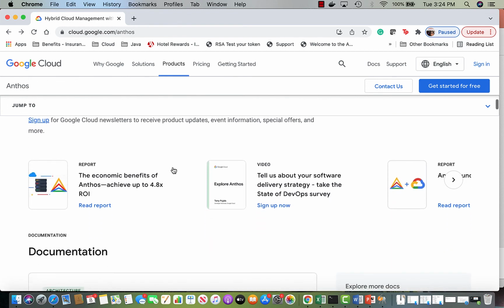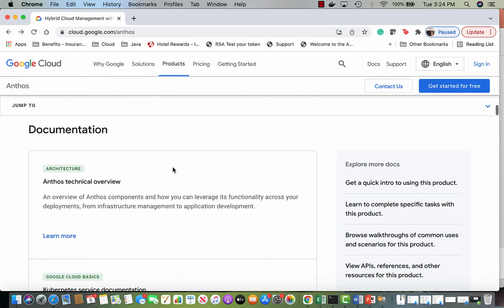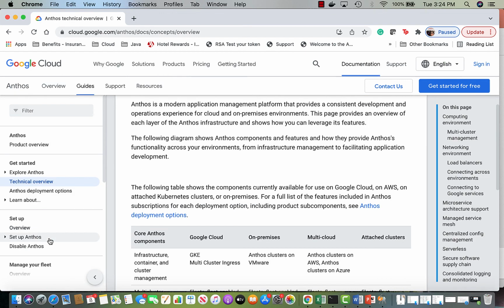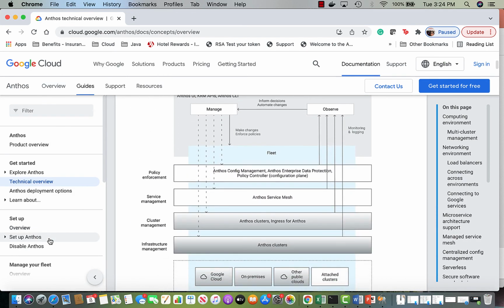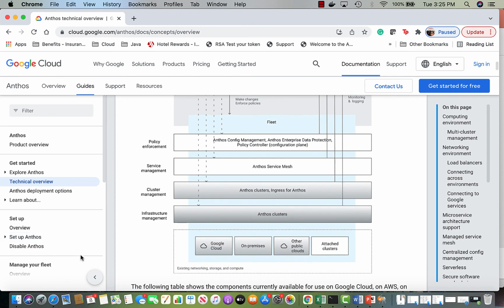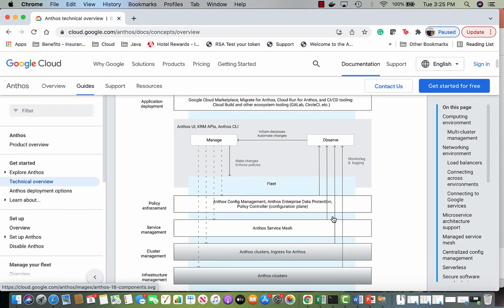And I have covered the details of the high level architecture, and they have covered how it looks and what it is. So underneath, you can have whatever you have. The cluster will still look the same, with an admin cluster, a user cluster, a service mesh, and then it's all managed